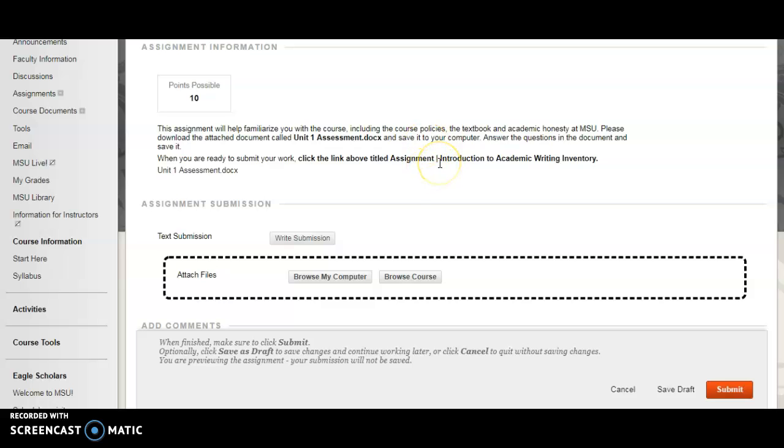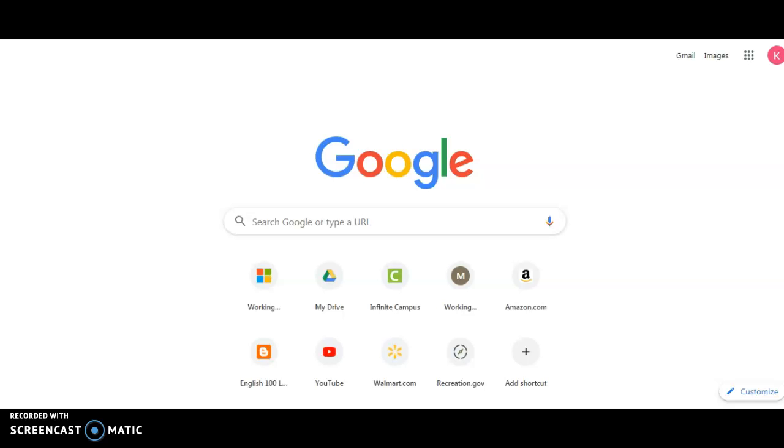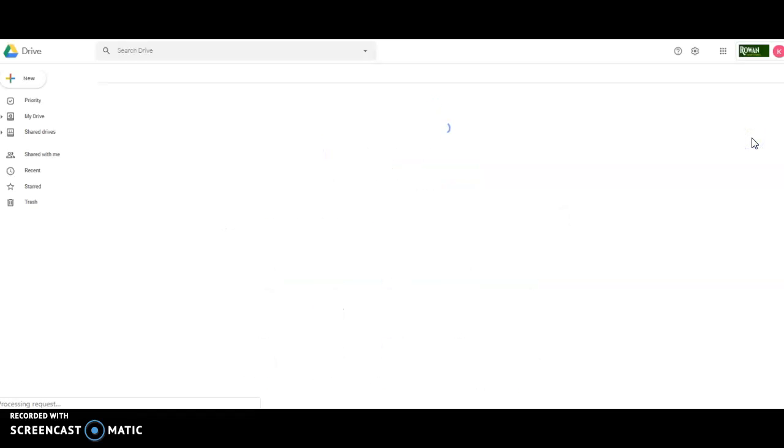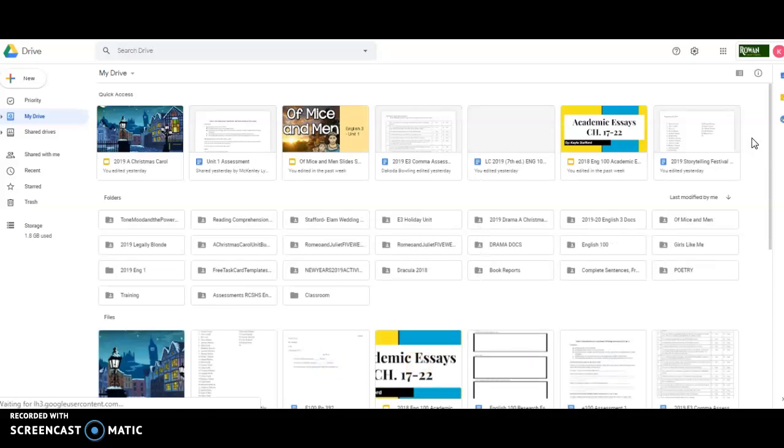So to get the assignment on my computer, I simply go to Google Docs. So I just opened another tab and went to Google and my drive. And if this is the Unit 1 assessment that I want to convert to a Word file, I just click on it